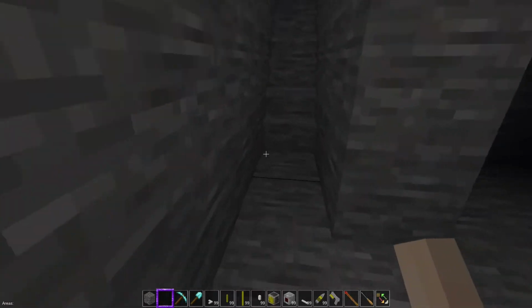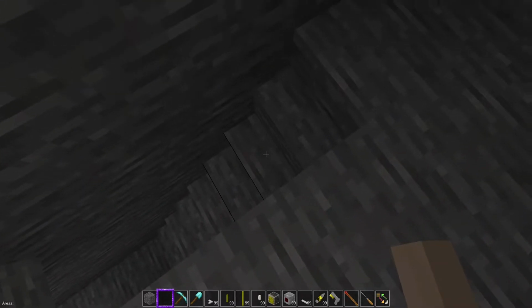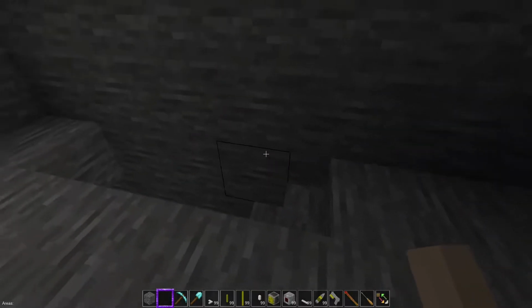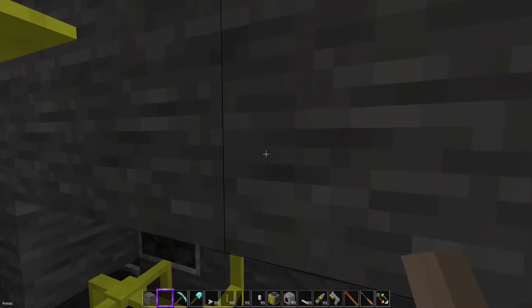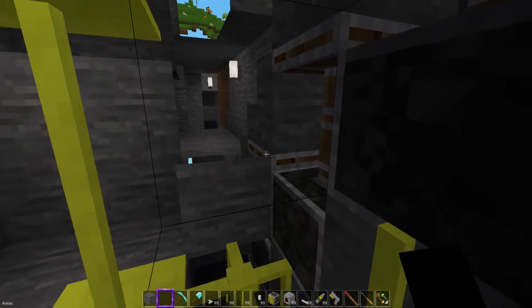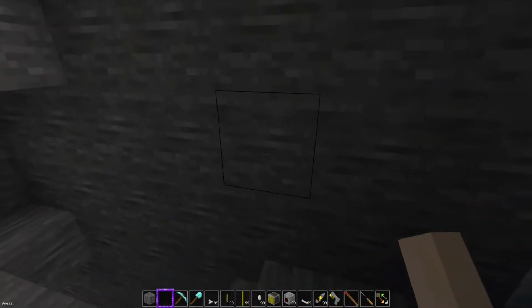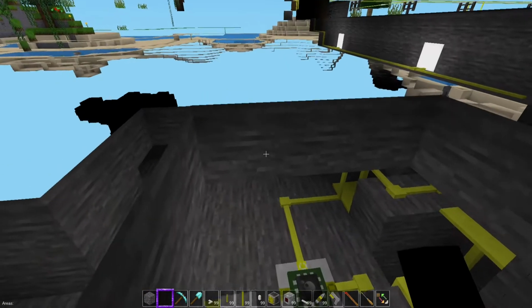And that's cool. So what this is, each one of these blocks has a sticky piston underneath it. And I don't know if I can show that because I don't want to, okay, it will. So what we have here is sticky pistons, you can see they go up. So there's one there, there's one up here, and one up here. So what that does, I'm moving around too fast, is it comes back in here